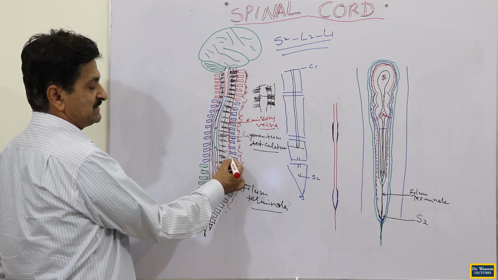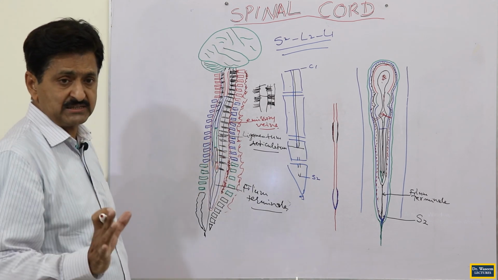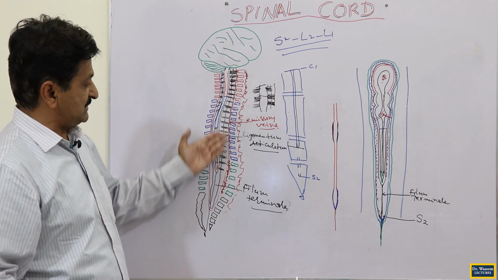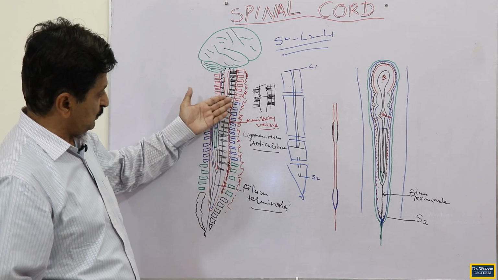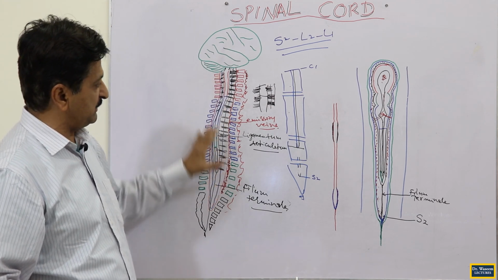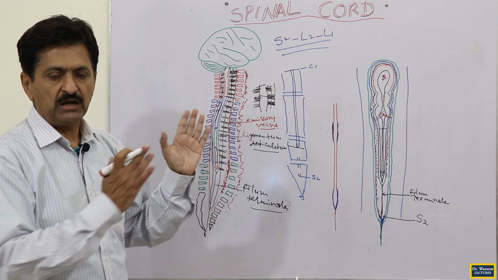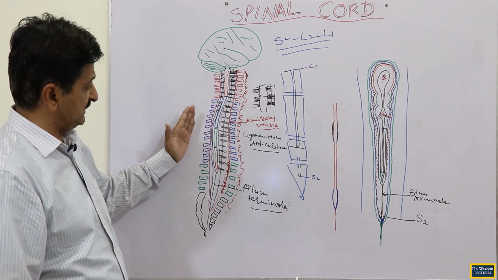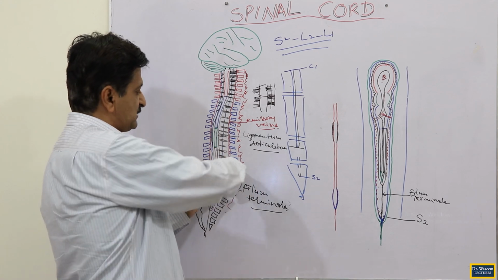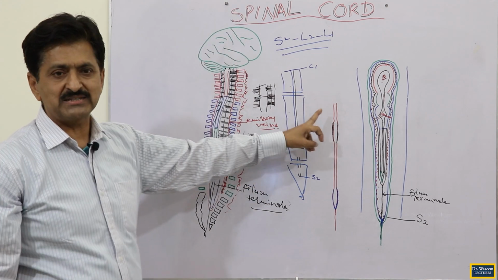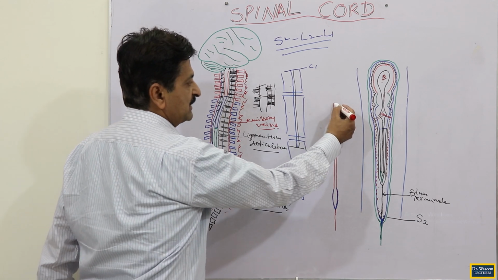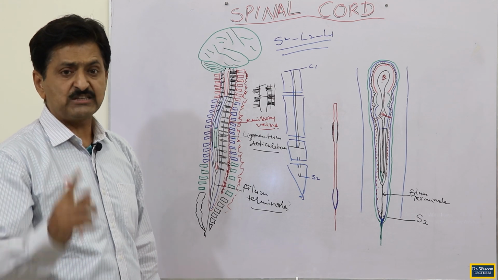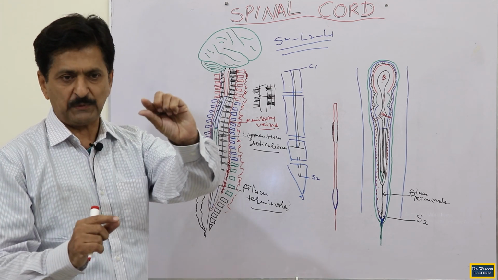So the external vertebral plexus, internal vertebral plexus, the spaces, subdural, extradural, subarachnoid space, and at the same time the CSF circulation, which you are watching. Ligamentum denticulatum, filum terminale, these are related to the meninges of the spinal cord. The same thing will actually come in the brain also. And when you get the spinal cord out here, you see the spinal cord itself. The spinal cord is attached with 31 pairs of spinal nerves, and each pair of spinal nerves will occupy some piece of the spinal cord.